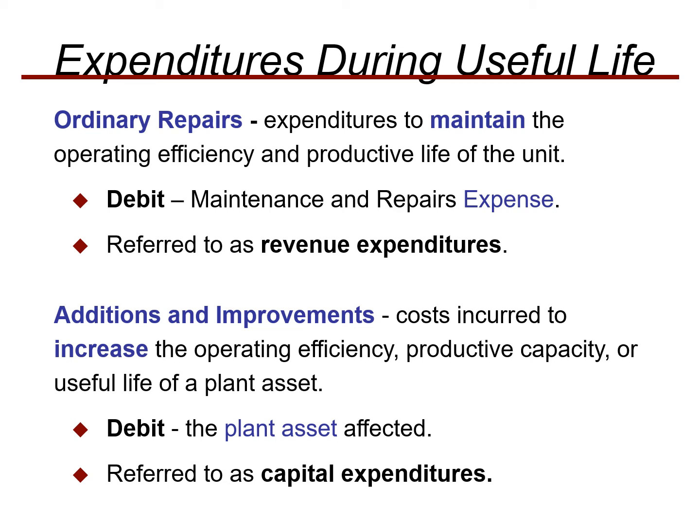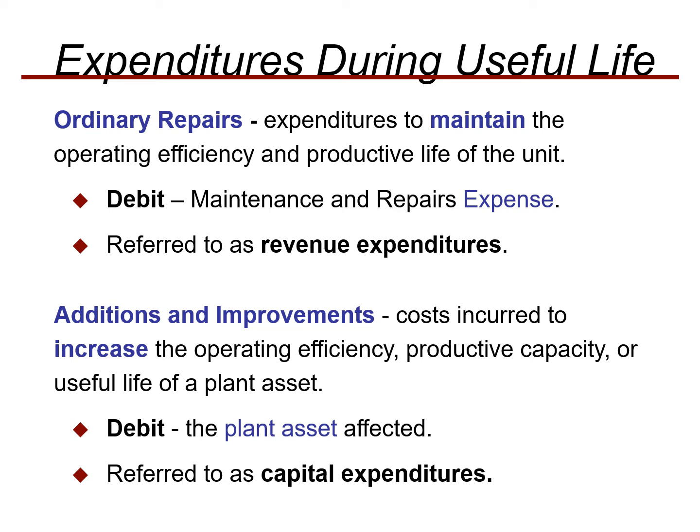Obviously, if you have machinery or even a property, you have to incur maintenance expenses on that. So what should we do with these maintenance expenses? Maintenance expense would be debited, and it is called a revenue expenditure. And what is revenue expenditure? Revenue expenditure is expenditure